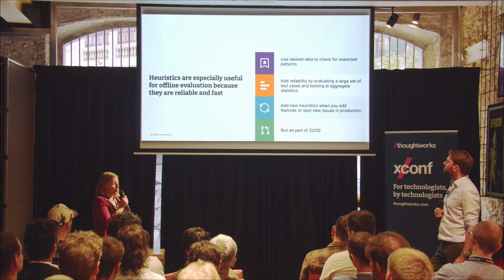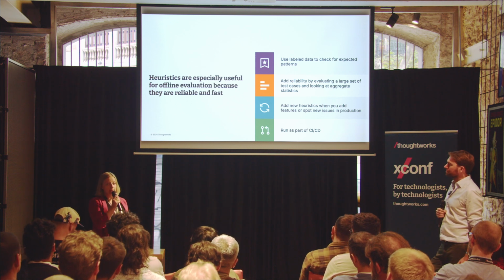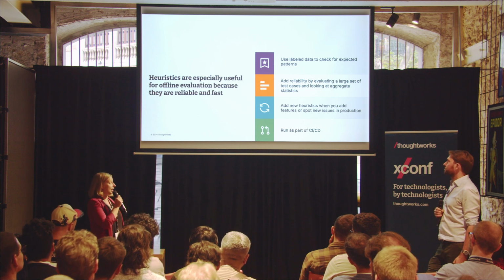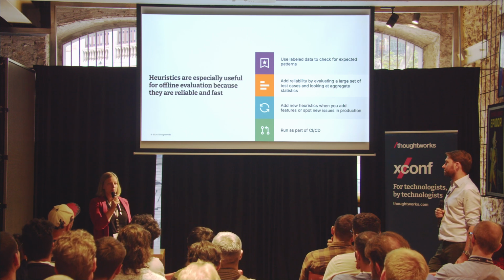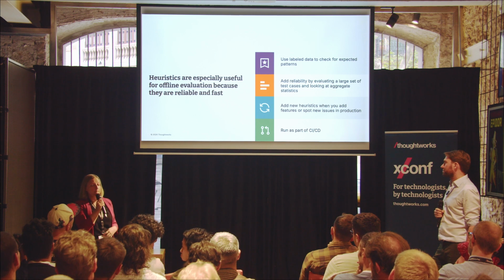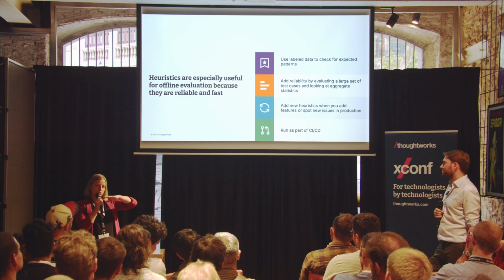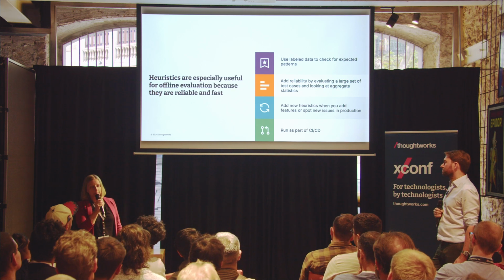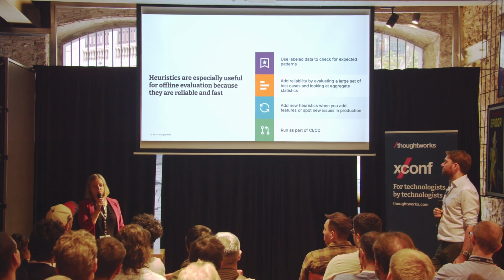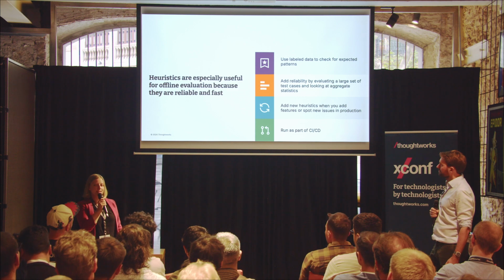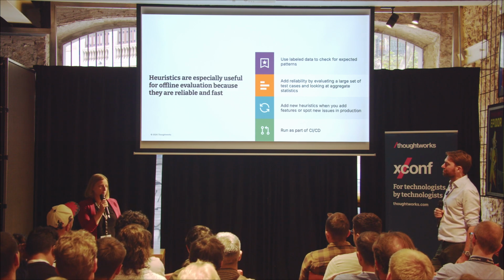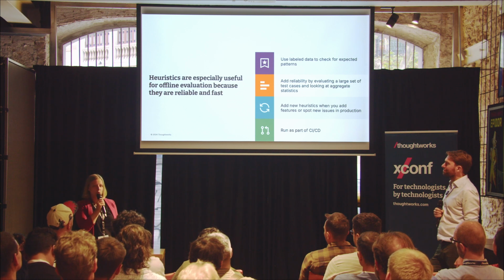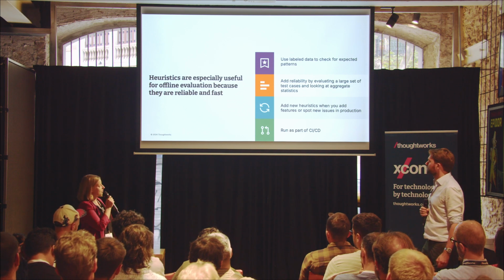And just like with testing, you want to add new heuristics as you add new features or fix new bugs. And you want to run this as part of your CI/CD pipeline, mainly because you'll want to track these across time, like what changed across deployments, but also if unexpected changes happen. So for example, with OpenAI, they can decide to just change their model at some point. So you want to understand if something's changing.